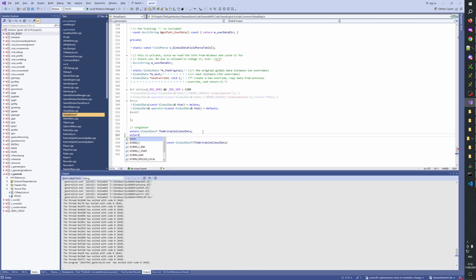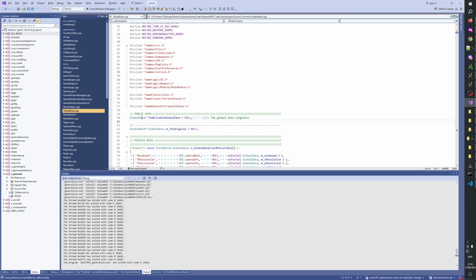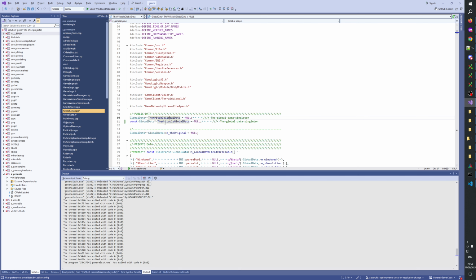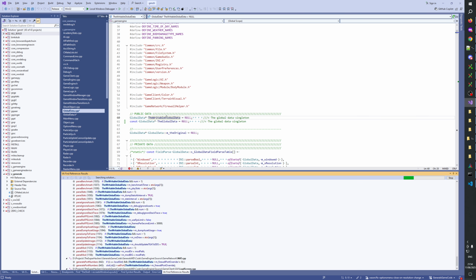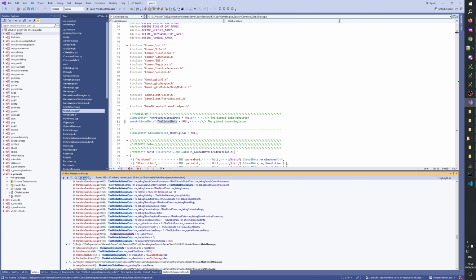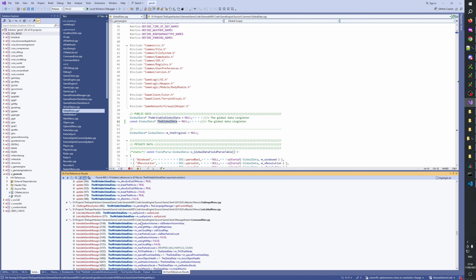Maybe put like an extern global data, const global data, and then the global data like this, and then remove this, and have this const the global data, and then wherever this is assigned, wherever this is assigned,